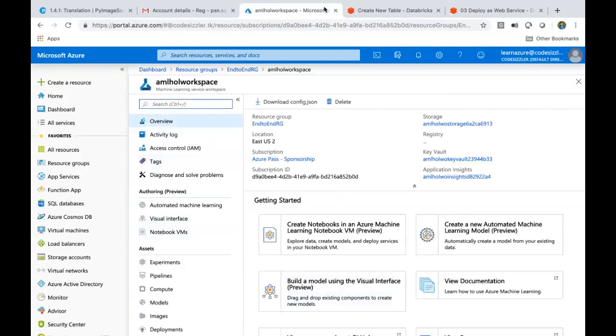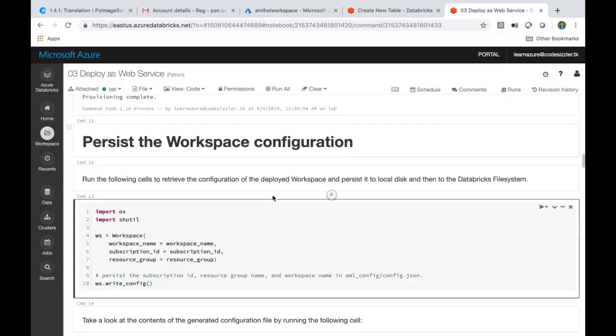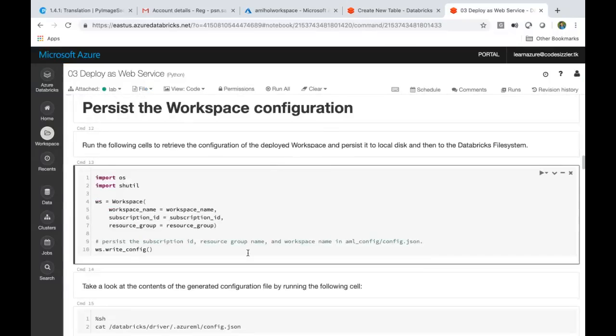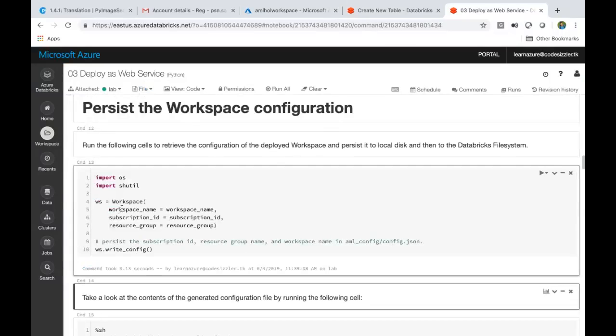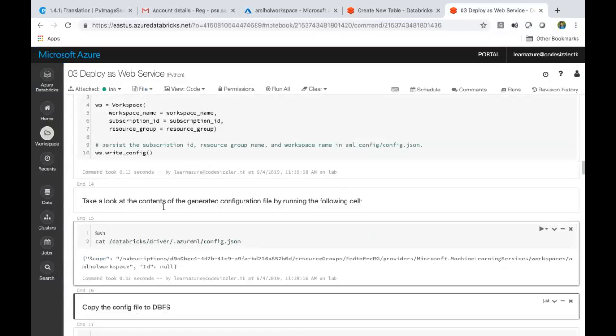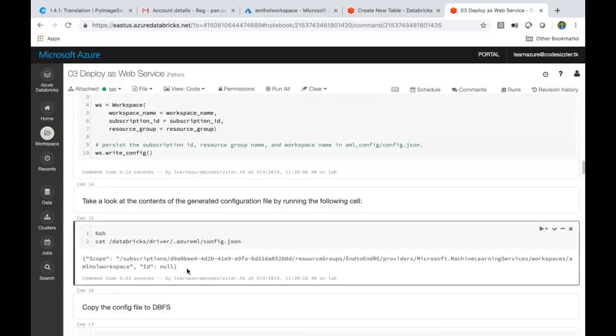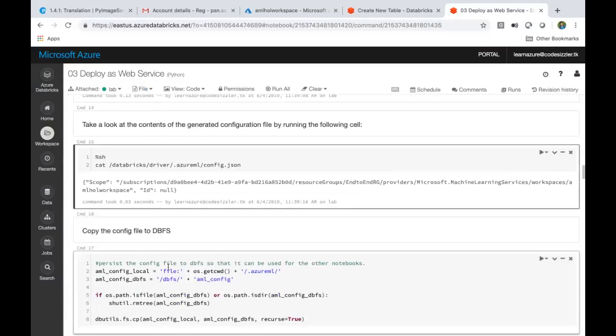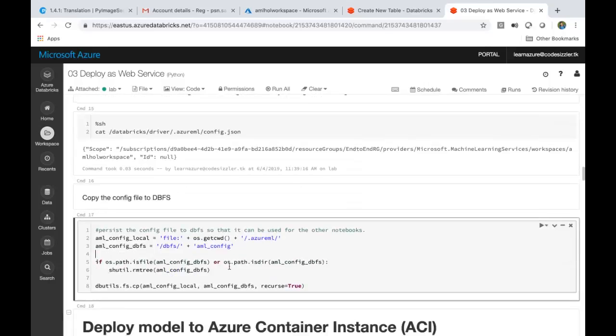Okay. Let's go back to our systems. Now see here, I'm trying to persist this into a file called config.json. I'll say execute this workspace, passing all these parameters into the system, and I say execute the JSON file. So it will tell me what the subscription name is, what the resource group name is, what the providers are, what the workspace name is, and all these things. It will have this information in a JSON file. Now I want to copy this config file from local to DBFS. So I'm just defining that path here, cp from local to DBFS. Local is nothing but the file path, and I'm pushing it to the DBFS path.